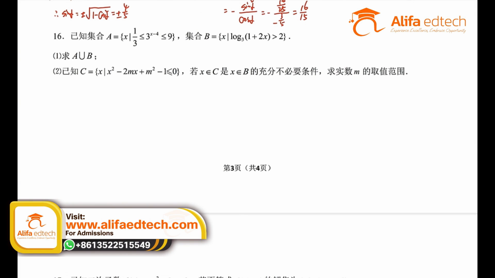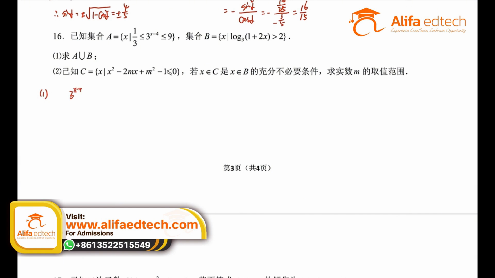Okay, so now the first set, set A, tells us that 3 to the power of x minus 4 is greater than or equal to 1/3 and less than or equal to 9. Set B is also given. We need to find A union B. Because the condition is given,